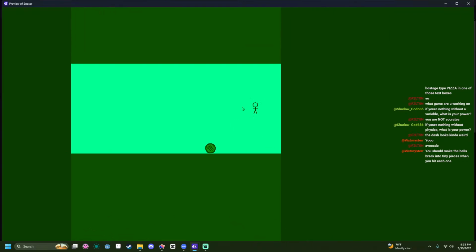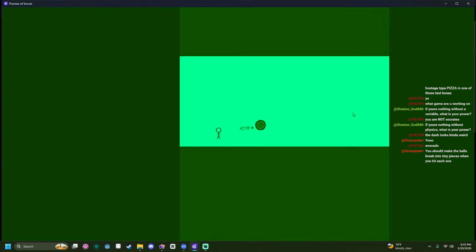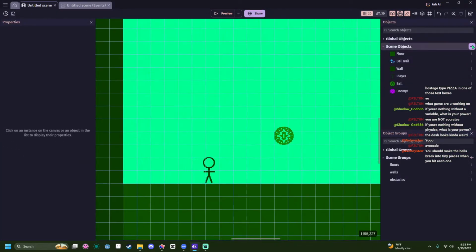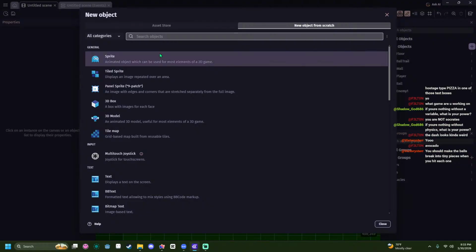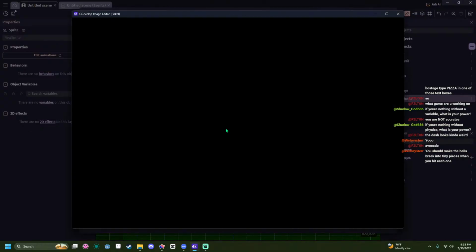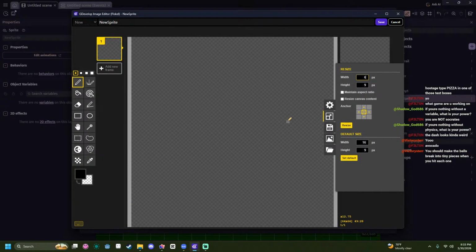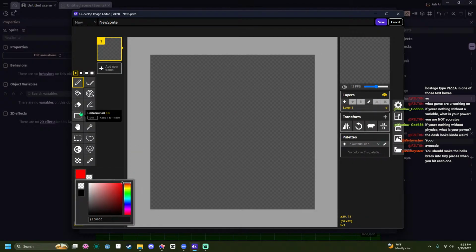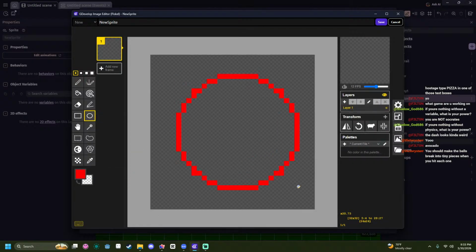I have a weird solution, but it's just gonna be too much work. But I'm gonna do it. Okay, we're gonna make a new object. We could probably use this in the future anyway. Make it a sprite. Make it player angle. Create. Do 64 by 64, or just 32 by 32. Make like a circle like this. Bam.